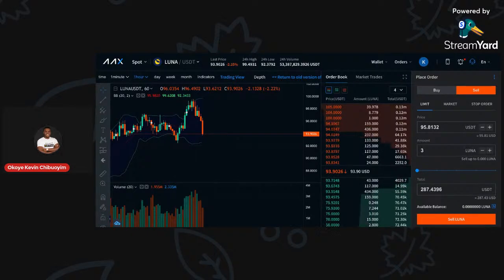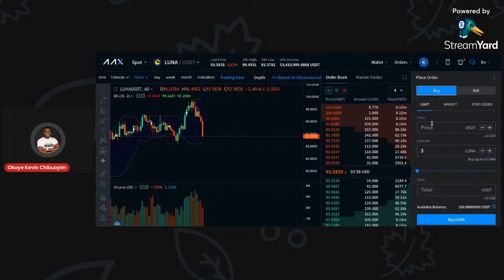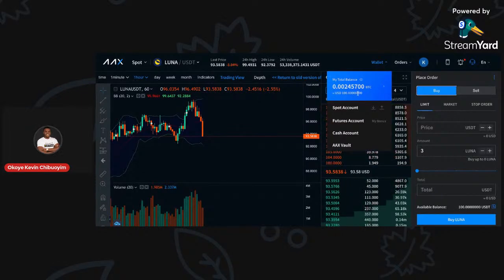Very, very good. So basically, we were talking about types of orders. Look at this. This exchange has a limit order. This is the first one. Like I told you, a limit order allows you to place your order at a higher price. The current price of Luna is now down to approximately $93. But with Luna, let's see, what's my balance? Okay, I have some. Let me check my wallet. All right, I have